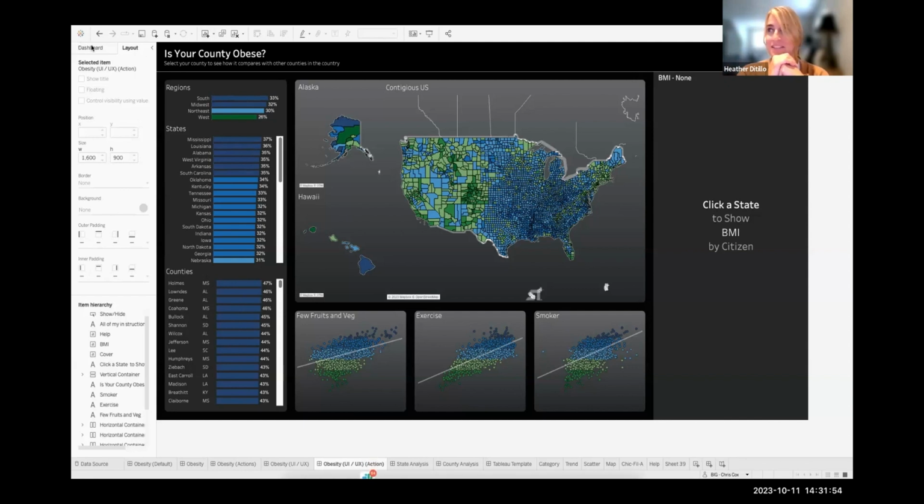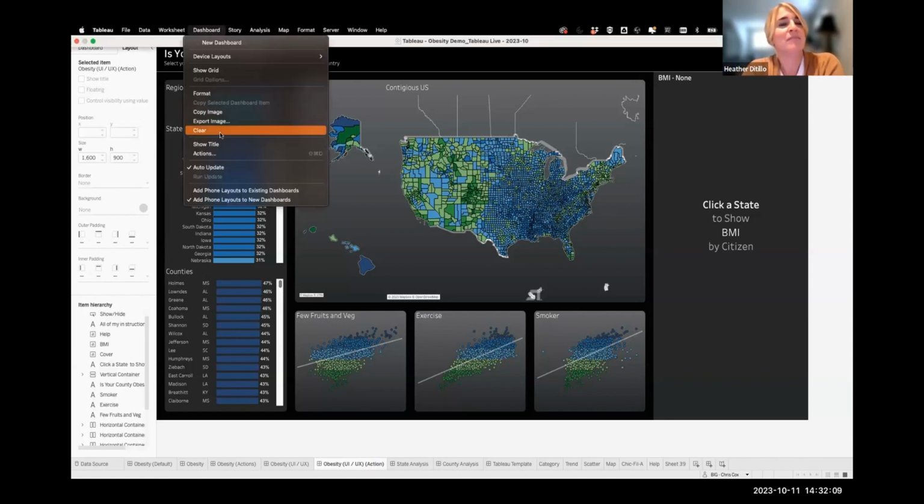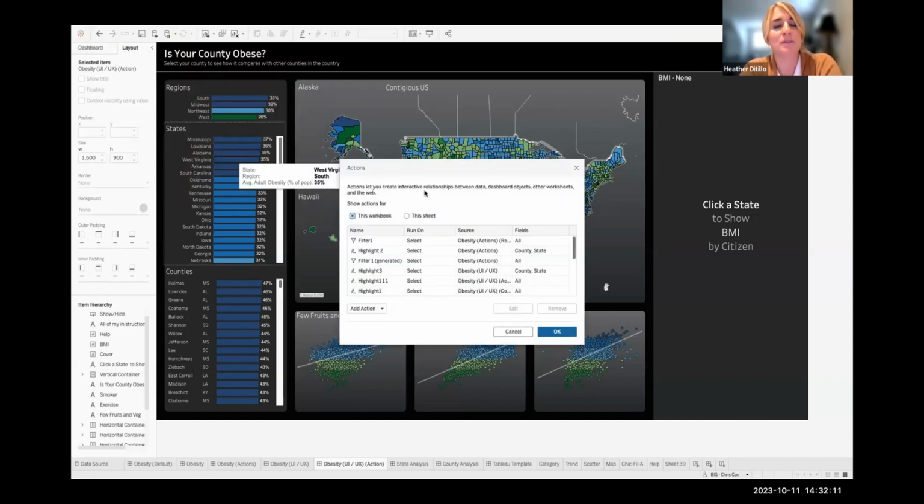So let me pause there, make sure there's no questions on the navigation buttons. I'm keeping an eye on chat. If not, looks like nothing just yet. Okay, great. Chris, go to the dashboard actions, if you wouldn't mind, for me, and pull up the action where you had exclude one more time.